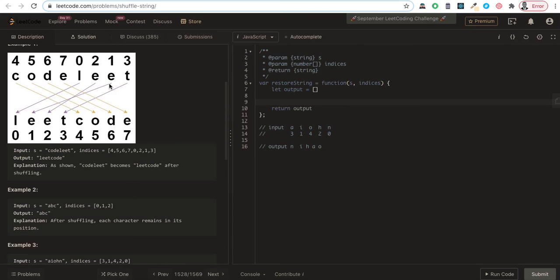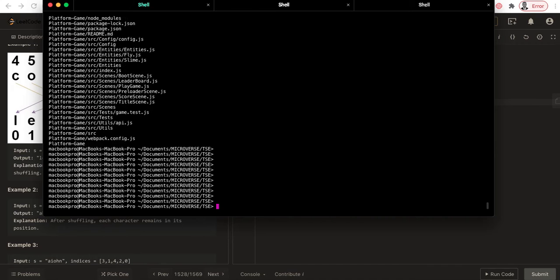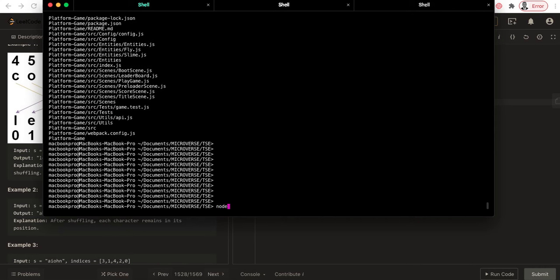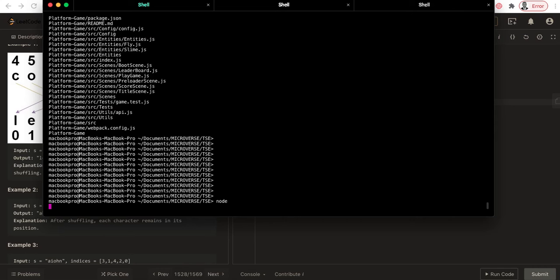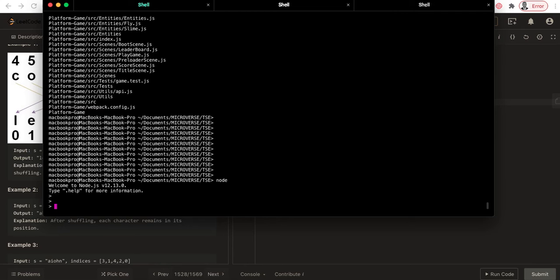So we'll be looping through the string and verify inside the indices array. So let's go to the node console so that you can see the for loop I want to use. So let's open the node console. We can use a normal for loop. You understand why? So if I have my string having the text hello,